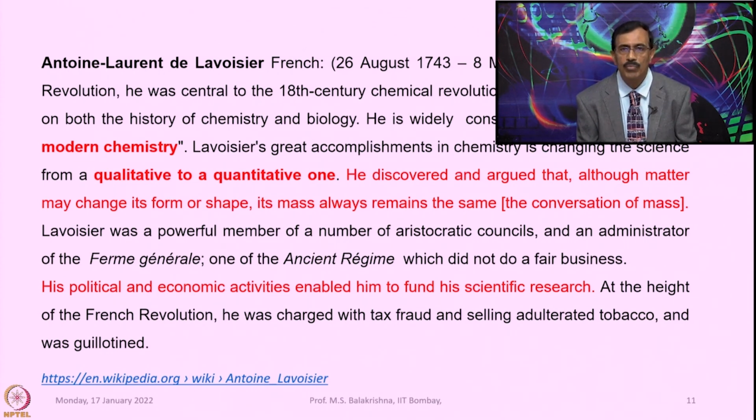So, Lavoisier was a powerful member of a number of aristocratic councils in France and an administrator of Ferme Generale, one of the ancient regime institutions which did not do business in a very fair manner. His political and economic activities enabled him to fund his scientific research. That means while doing business he used some unfair means to make money to support his research. At the height of the French Revolution, he was charged with tax fraud and selling adulterated tobacco, and unfortunately he was guillotined in